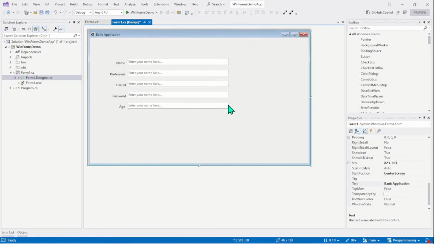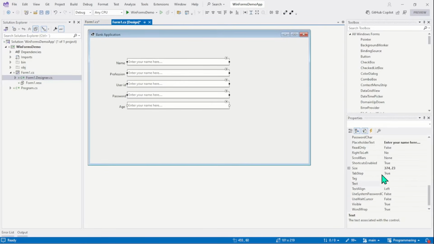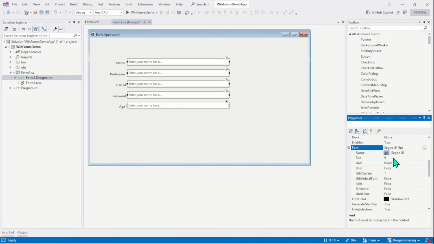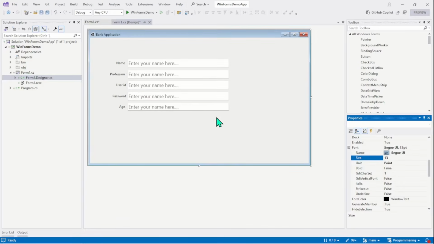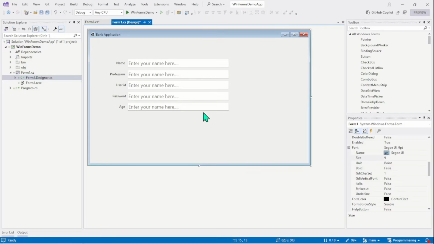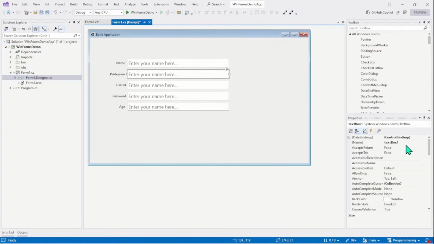We can also select all the text boxes and increase the text size, font size. Let's say the font size is set to 9. You can convert it to, let's say, 13. Right? And now the naming. The naming is very important. The first text box is for name, and its name is TBX name. The second one should be TBX profession,